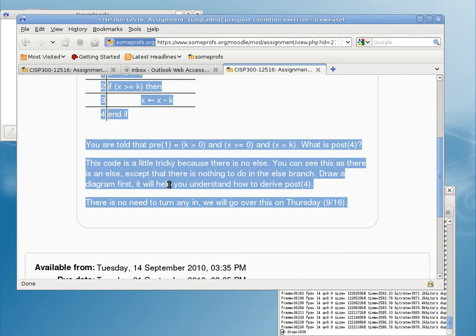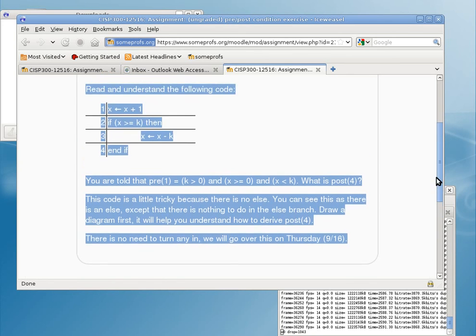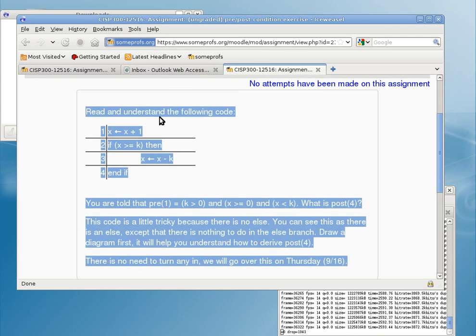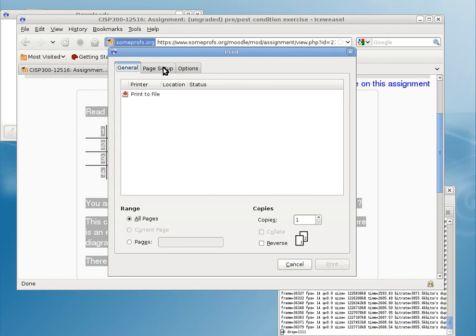You can just right-click it and it'll print it out. Depending on your browser, with Firefox, you can just select a portion, go to File, anytime. Okay, so you go to File, you go to Print, and then you go to Page